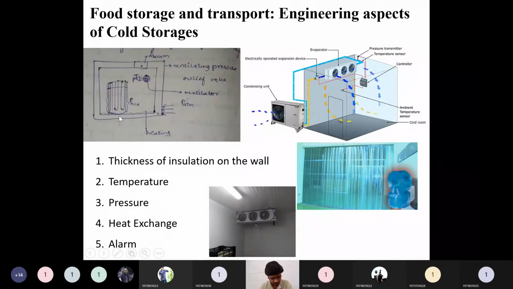So for the safety measure, we have to install some heating mechanism around the doors as well as for floor heating purposes. So this is one parameter. Then the next one is the pressure. The pressure needs to be sufficient inside the cold storage. Otherwise, when you are giving cold inside and the inside environment is getting very cold, some vacuum formation is a possibility.